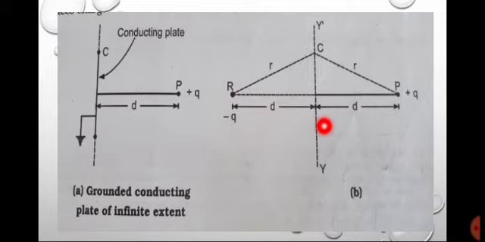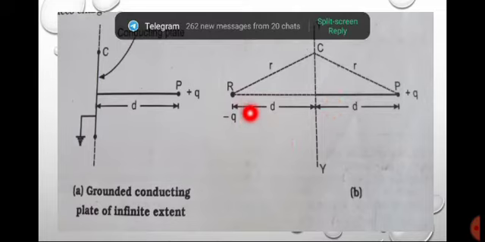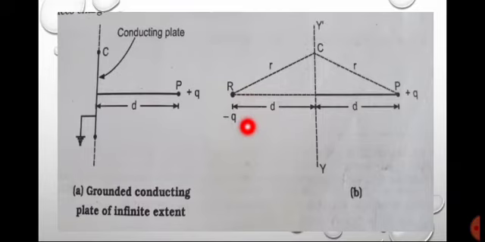From this figure and discussion, the charge minus q appears exactly equivalent to the induced charge on the plate. From the optical analogy, the charge minus q is called the image charge. Therefore, an electrical image may be defined as a point charge or set of point charges on one side of a surface, such that the distribution of field remains the same as on the other side with the actual electrification of the surface. The actual electrification is ignored and the images are used instead of the plane to find the field.